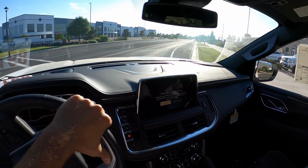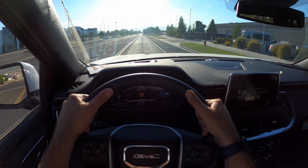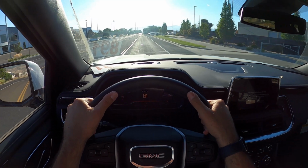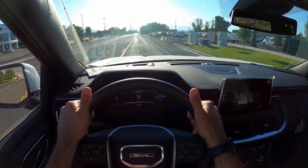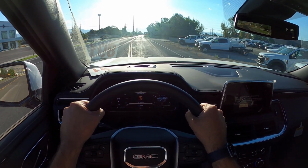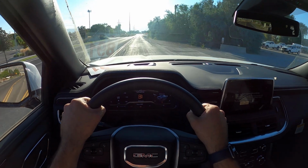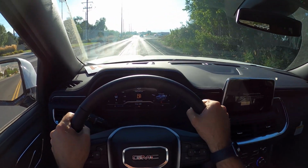Now, other things that I'm noticing, ride quality is really good. Now again, this doesn't have any of the fancy ride quality tech bits that you can get. It doesn't have air suspension, doesn't have MagneRide, and it still rides really, really smooth. It's a really comfortable vehicle overall, so they've done a good job. I will say that. And we're gonna take our turn here,